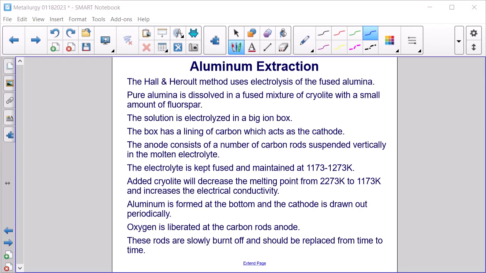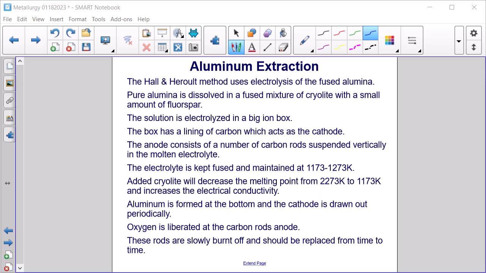The Hall and Heroult method uses electrolysis of the fused alumina. Pure alumina is dissolved in a fused mixture of cryolite with a small amount of fluorspar. The solution is electrolyzed in a big iron box. The box has a lining of carbon which acts as the cathode. The anode consists of a number of carbon rods suspended vertically in the molten